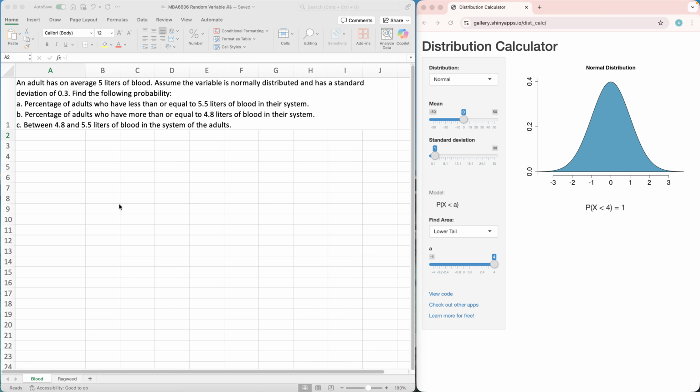An adult has on average 5 liters of blood. Assume the variable is normally distributed and has a standard deviation of 0.3. Find the following probabilities. So let us see what is our